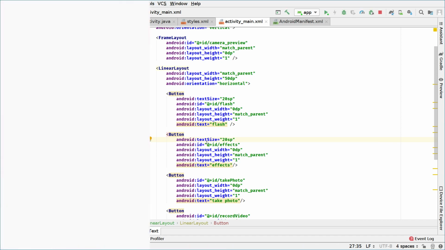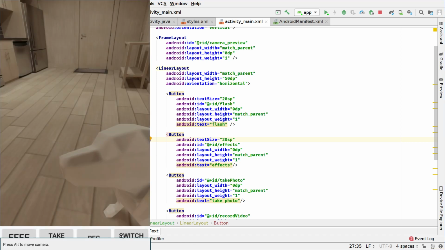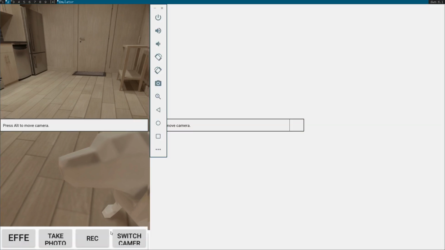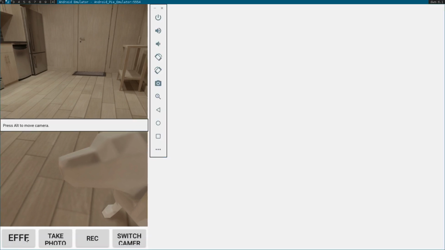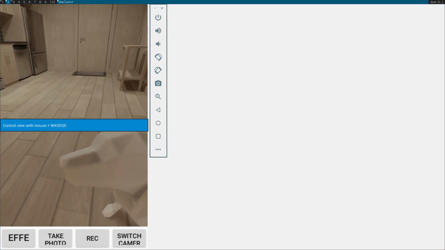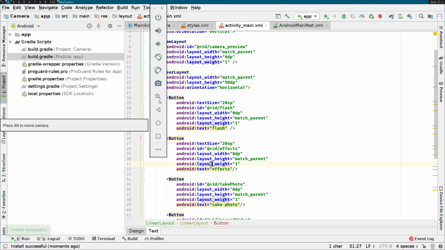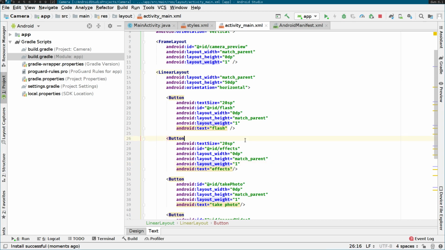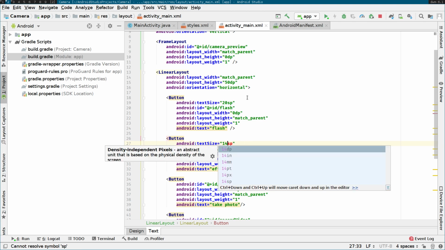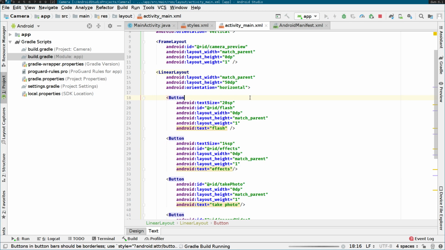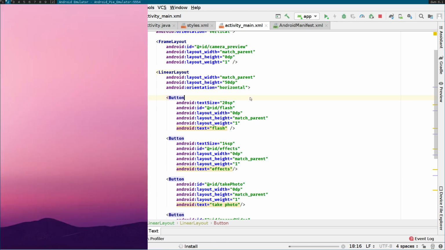And now let's see the text size of effects. Okay, let me see, and it's a lot larger. As you can see, it's very large, so we need a smaller text size. So let's switch here. Okay, the text size we should be using should be around 14 or something. So let's try with 14 to check if it works. Now let's run the app,